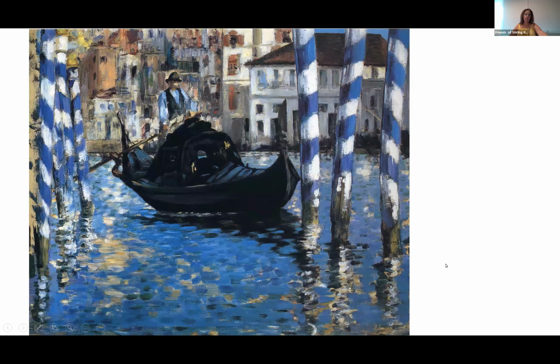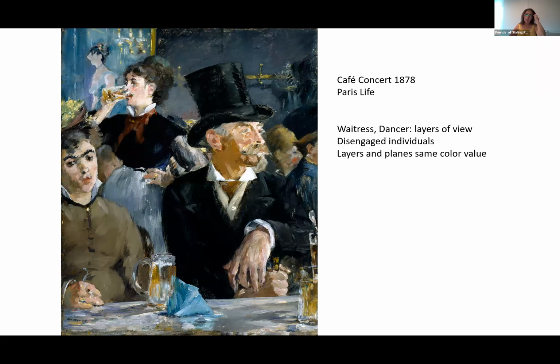The beautiful reflection on the water captures our attention. The same tonal value from the background with the different figures and the different objects. You see these colors that are so bright and really wonderful. When we see the life of Paris, Parisian life, like those cafe concerts like we see here, we have the